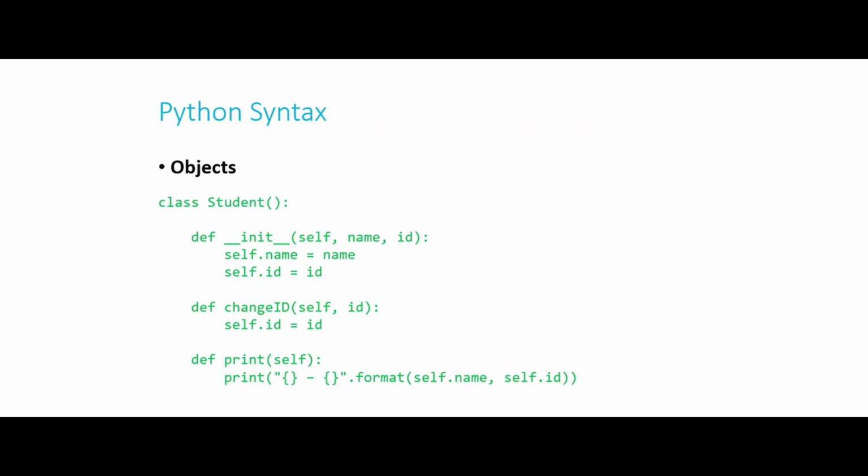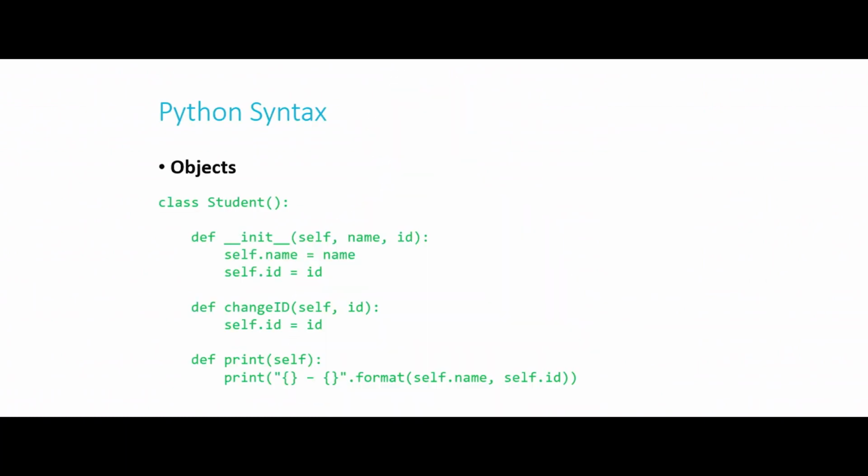Inside of my initialization function, I'm doing something pretty straightforward. I'm just saying self.name equals name and self.id equals ID. So I'm assigning the name and ID properties of the student object to be whatever I pass in here. And then I have another function called change ID. I use this to change the ID number of a student after I've already created them, because I'm assigning the ID when I initialize it. But here, I've already created the student object, and I'm going to change it. So change ID takes two parameters: self, again, so I know which capital S Student object I'm talking about, and the ID number that I want to change them to.